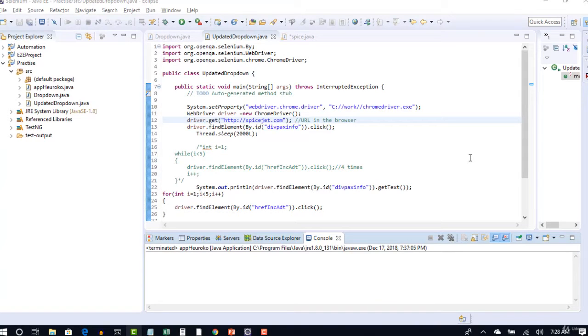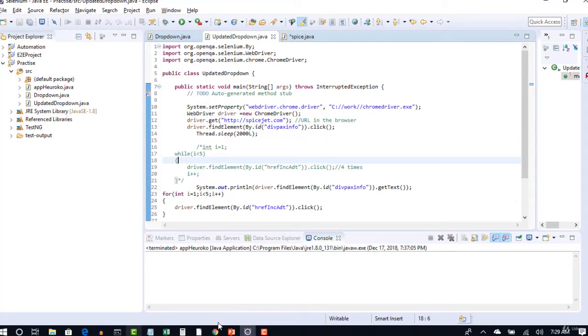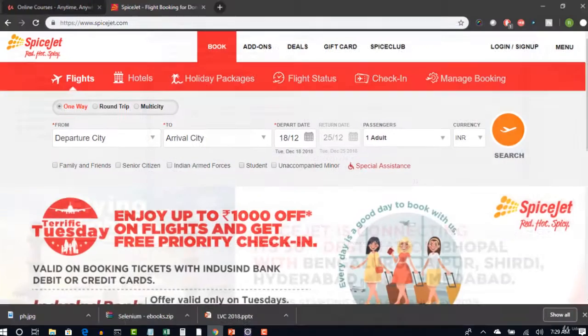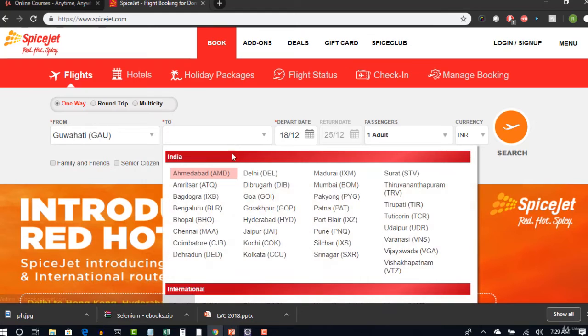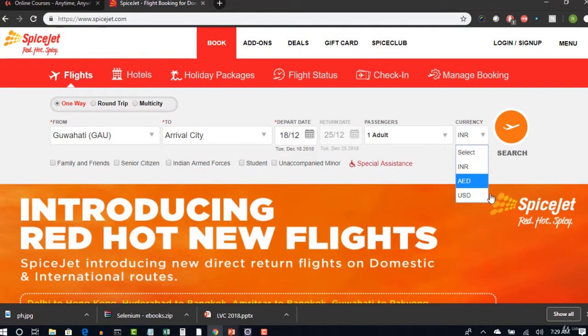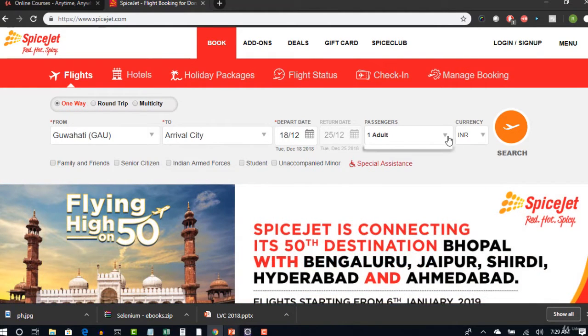Right. So in this lecture, let us see one more drop down category. In the last lecture, we have seen how to handle dynamic drop downs, and we also saw how to handle select drop downs, and we have also seen how to handle this normal generic drop down which has a loop category. So these are different kinds of drop downs you may see in your web pages. And there is one more drop down.